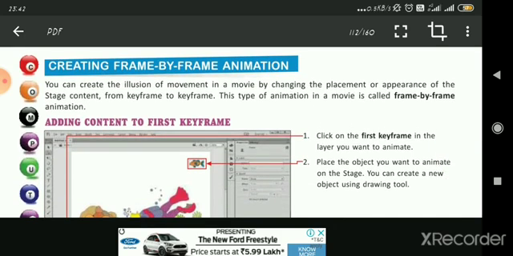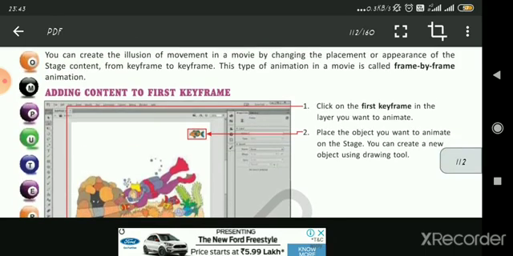By changing the placement or appearance of the stage content from keyframe to keyframe, this type of animation in a movie is called frame by frame animation. So we can move the clip from one place to another, so fast that we don't recognize it. This is done by the process known as frame by frame animation.